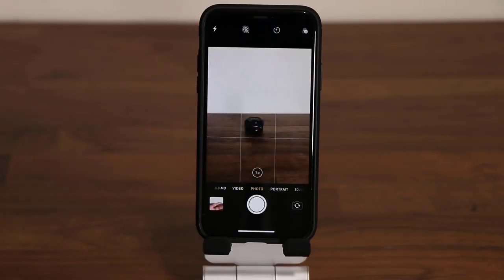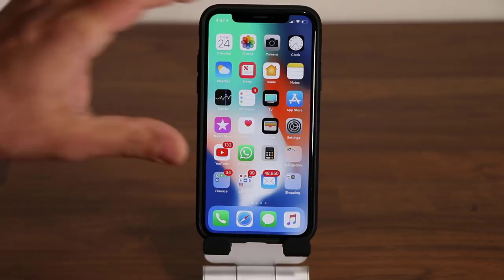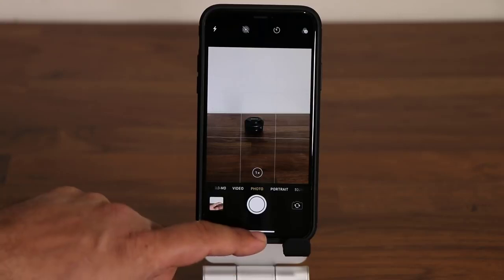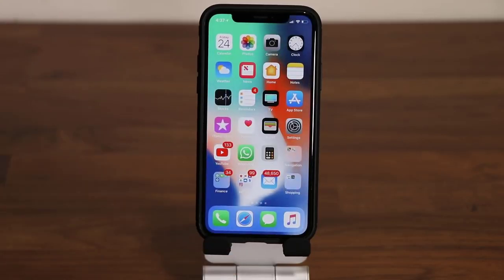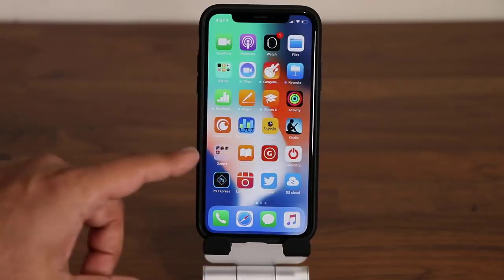Absolutely fantastic. And finally, I'm going to talk to an audience that might be into a little more advanced photography, and maybe they're desiring a full manual mode, meaning that you want to control ISO, you want to control exposure, and you want to control other things like the shutter speed manually, as opposed to the camera app doing everything for you, just in case you want to do some advanced photography. Now with the Android phones, such as the Galaxy S8 or some of the LG phones, you're getting these apps built into the phone and you can do manual photography. With the Apple, you can't do that, but you could download apps, and I'm going to recommend you 2 apps,